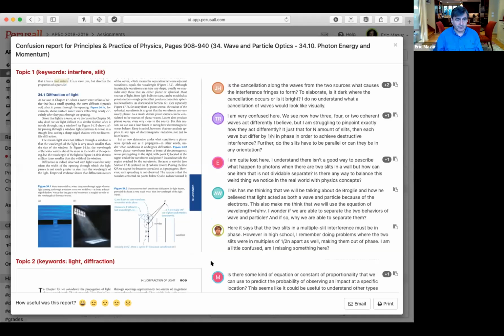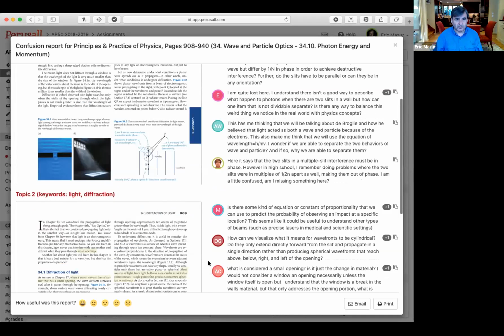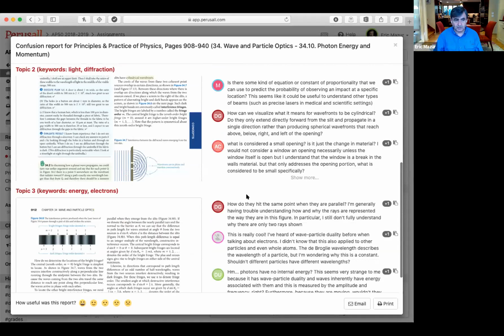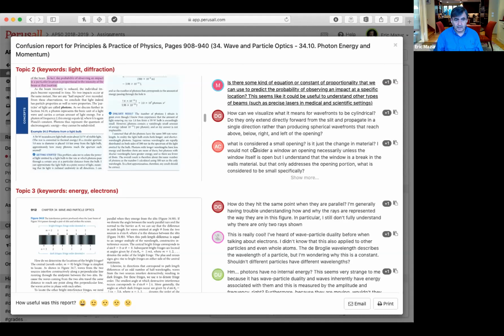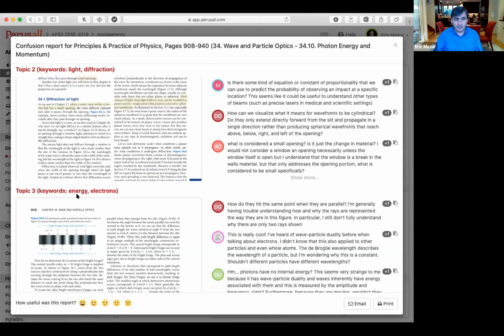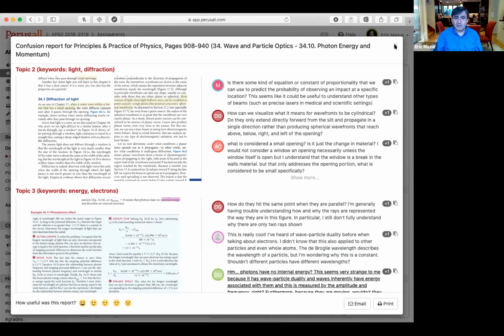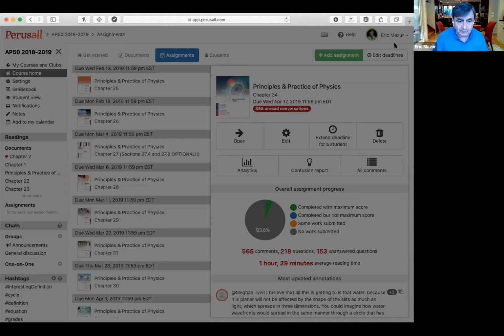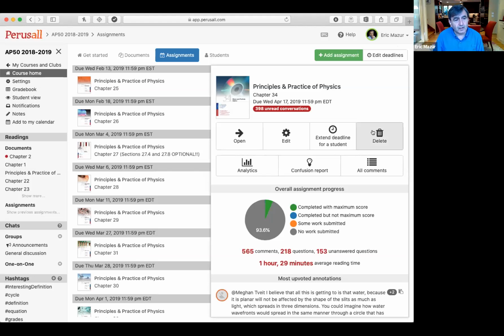Diffraction of light was another topic that students had questions about. And here are three representative questions on that subject. And I can see where in the context of the writing that occurs. The energy of electrons in diffraction is another one. So I can essentially get a machine learning analysis, if you want, of the annotations and get feedback on the reading. Okay, this is just the tip of the iceberg, so to speak, but I want to go on because